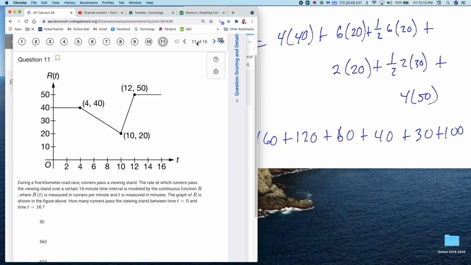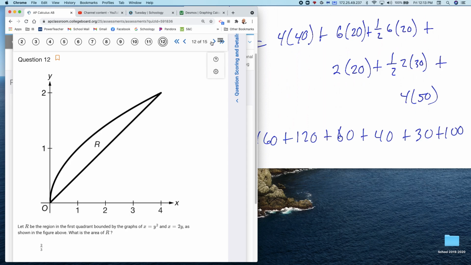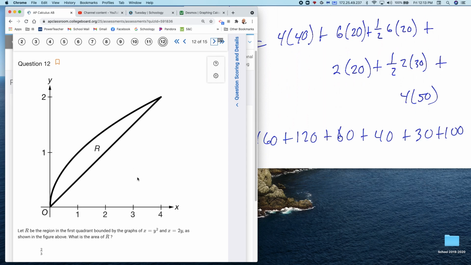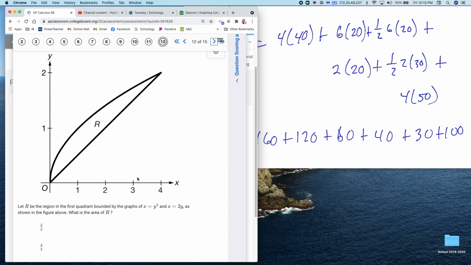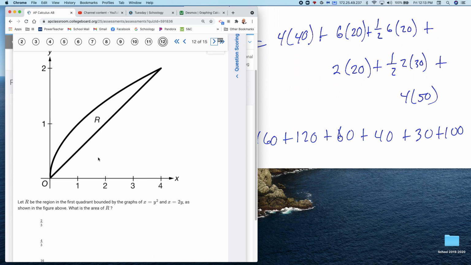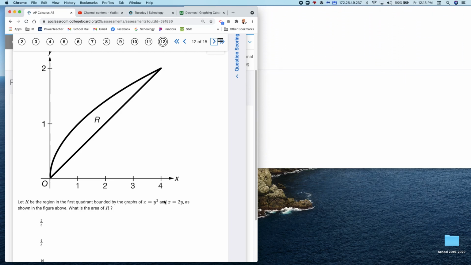Let me get to 12. So here's 12. So you have the area or region bound in the first quadrant. This is clearly the line, and this is the parabola. You have to twist your thinking on this, because when it's written like this, I'm going to do the integral